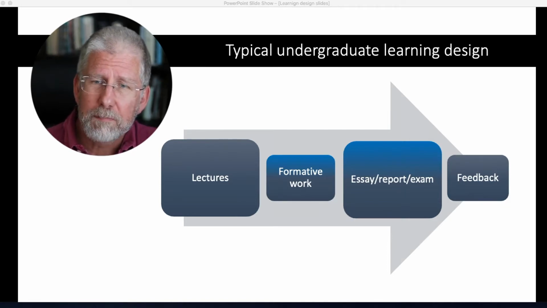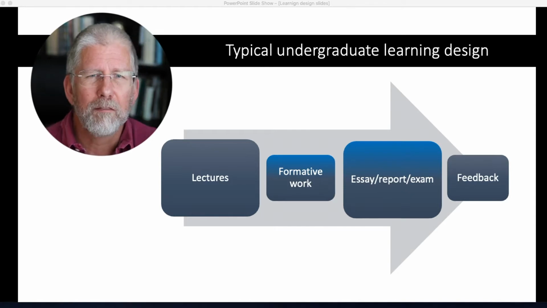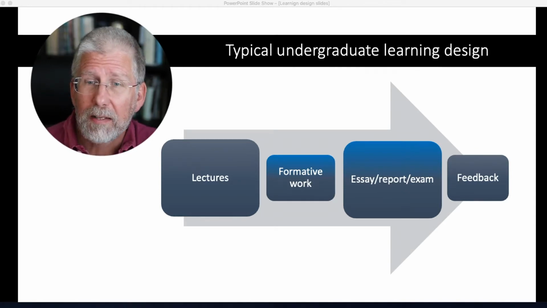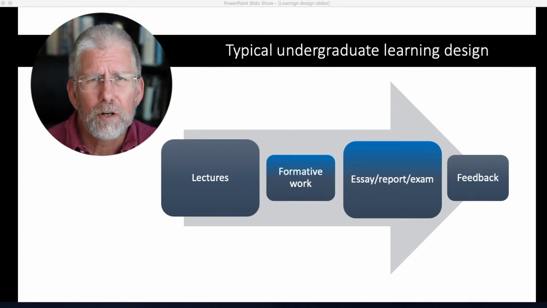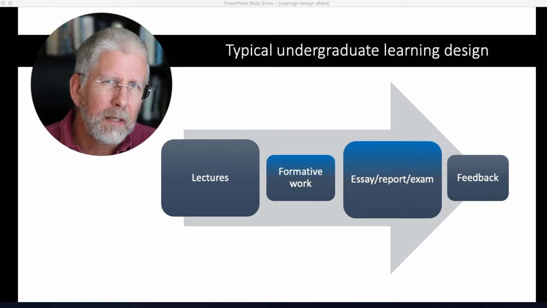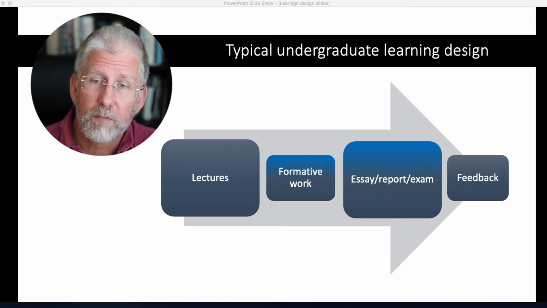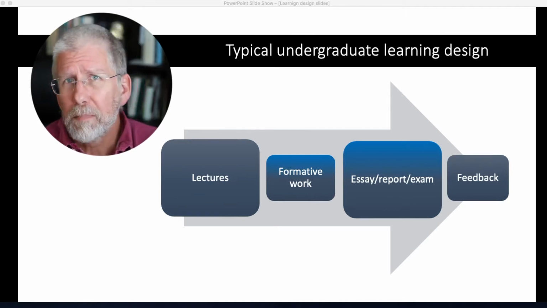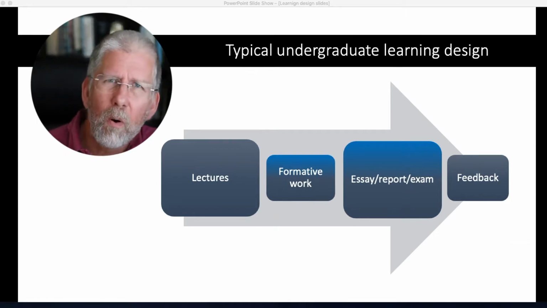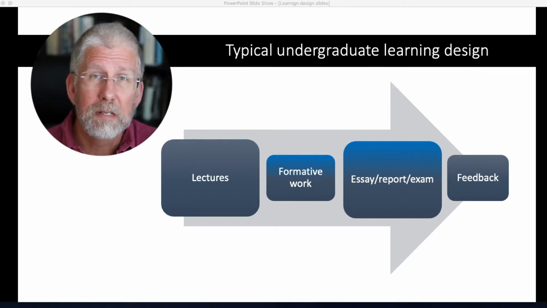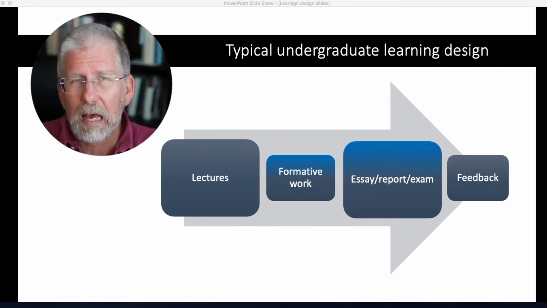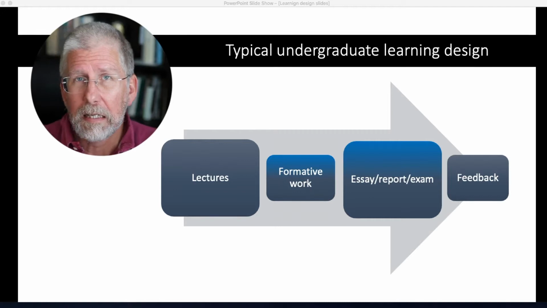And then you'll notice these boxes have a little bit of blue shading on them, and I've put that in to indicate what students do. Students typically will be engaged in some sort of formative work, which may be reading assignments, it may be different elements of formative work, and then typically one main piece of assessment. This could be a main essay, it could be a report, it could be an exam of some sort where students demonstrate that they follow the content of the lectures and that they can reproduce that and perhaps engage with it critically in some way.